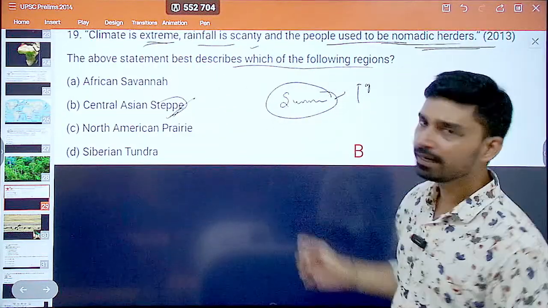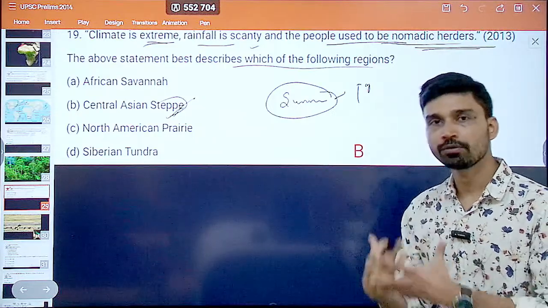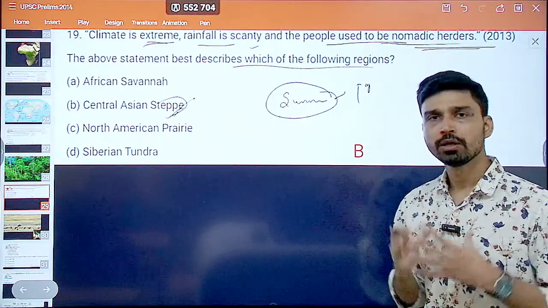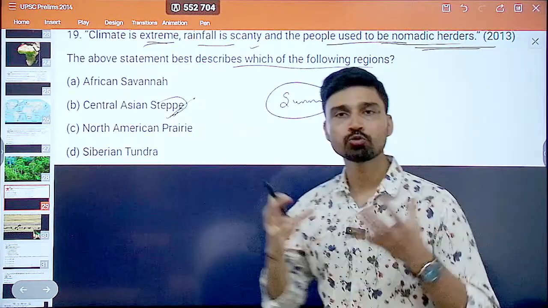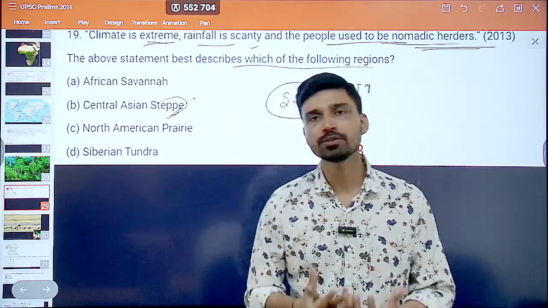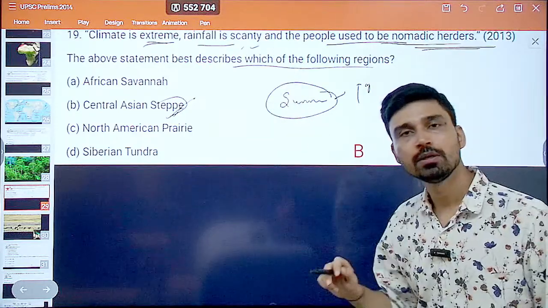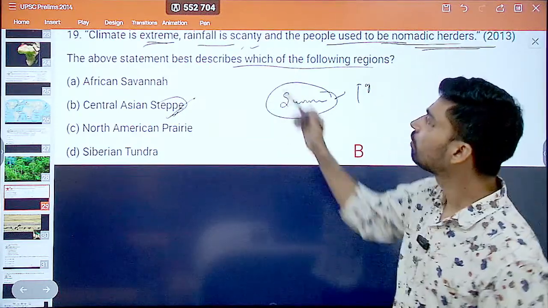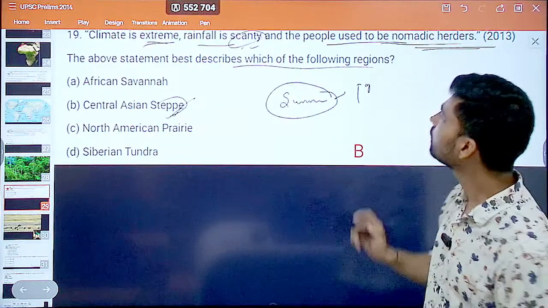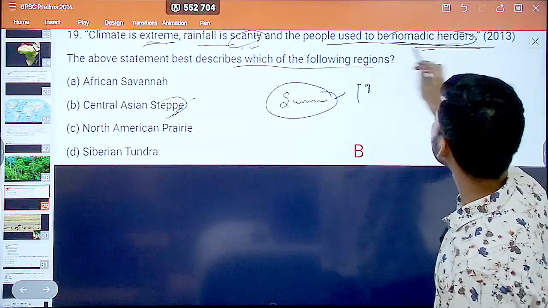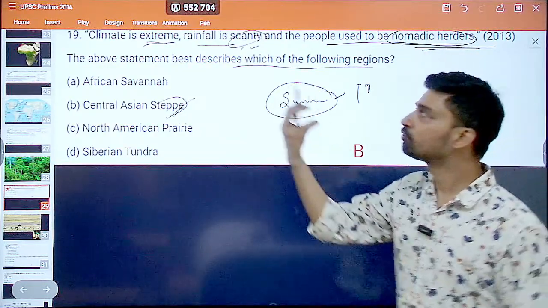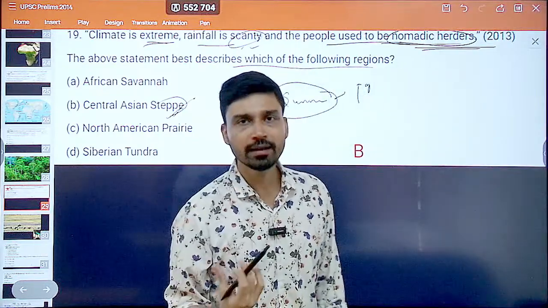Second, rainfall is scanty, obviously because it is far away from any kind of water sources. So the amount of water vapor in the atmosphere is less. If the water vapor amount is less, obviously condensation will be less. If condensation is less, cloud density will be less, and if cloud density is less, the amount of rainfall will be scanty. And the people used to be nomadic herders, obviously because of the extreme climate and scanty rainfall, the